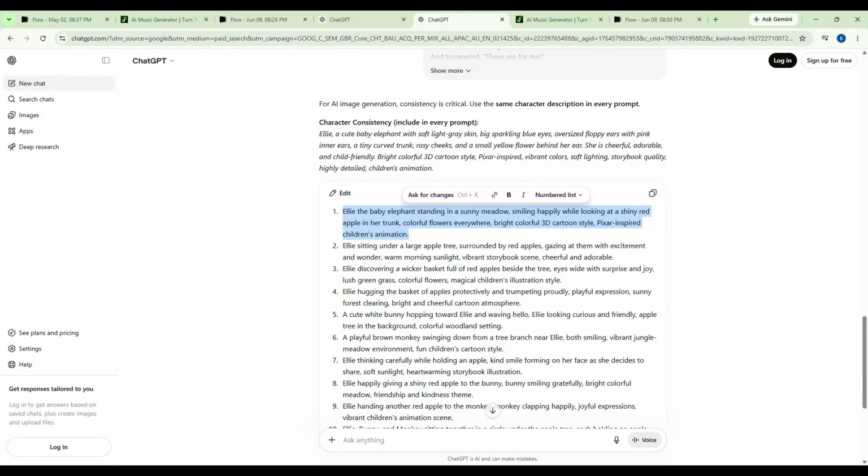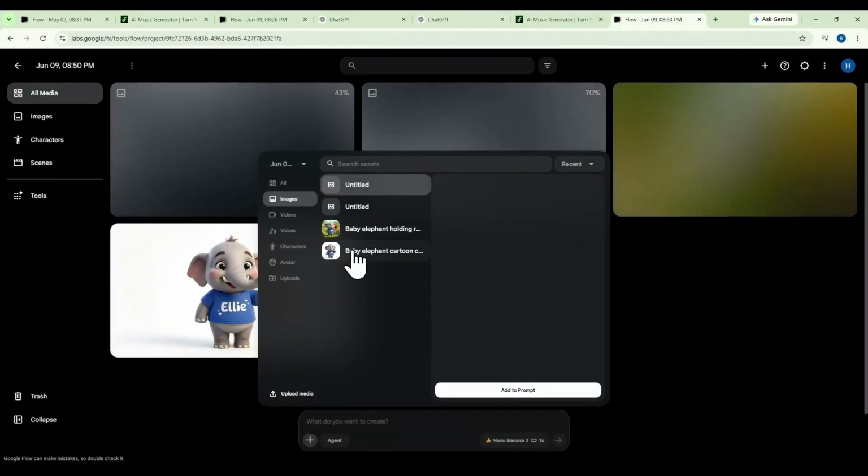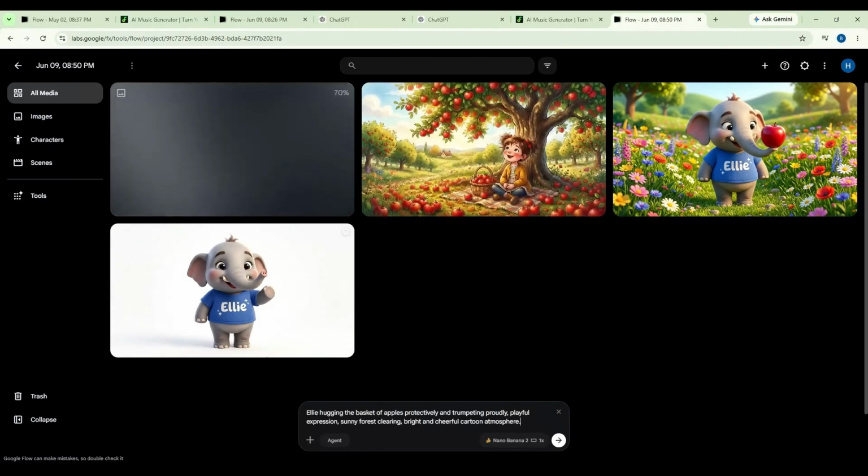Now I'm going to create a couple more images to create a video. To create a scene, we need a couple more images. So I'm going to need,